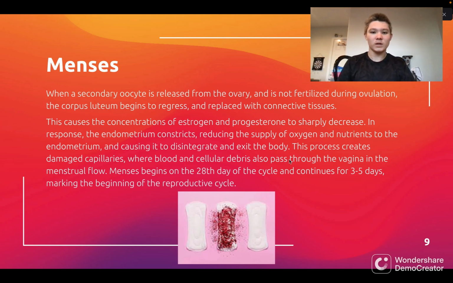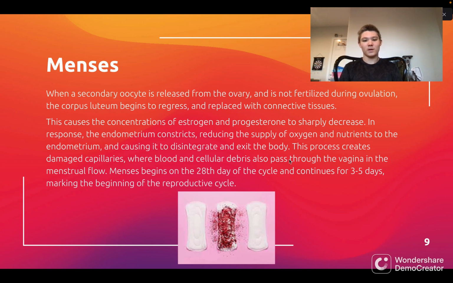When a secondary oocyte is released from the ovary and is not fertilized during ovulation, the corpus luteum begins to regress and is replaced with connective tissues. This causes the concentrations of estrogen and progesterone to sharply decrease. In response, the endometrium constricts, reducing the supply of oxygen and nutrients to the endometrium, and causes it to disintegrate